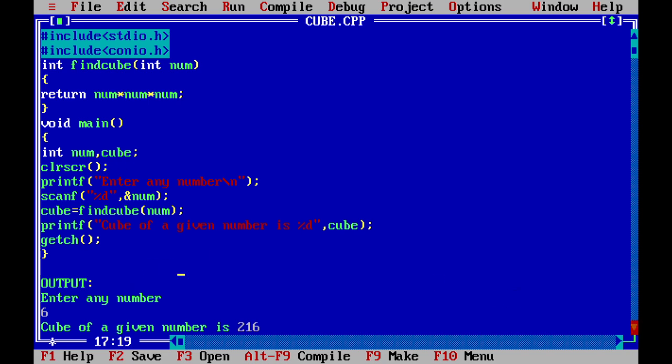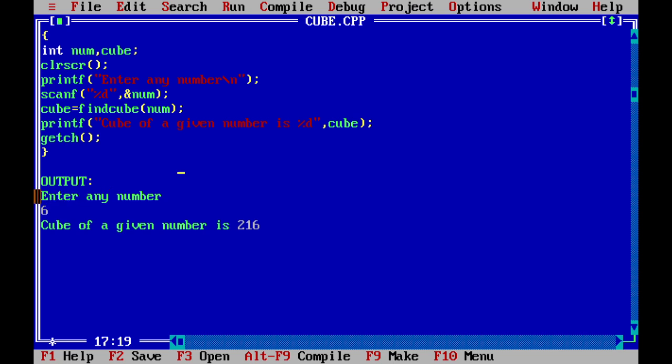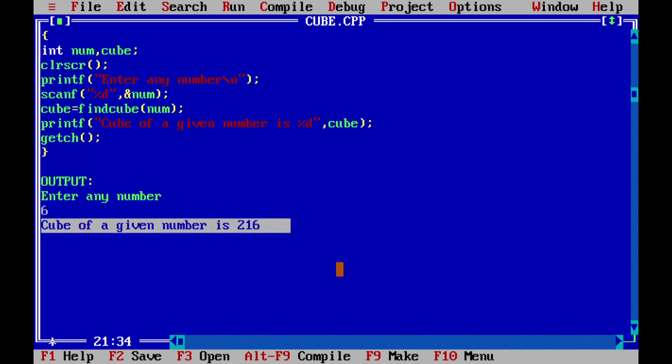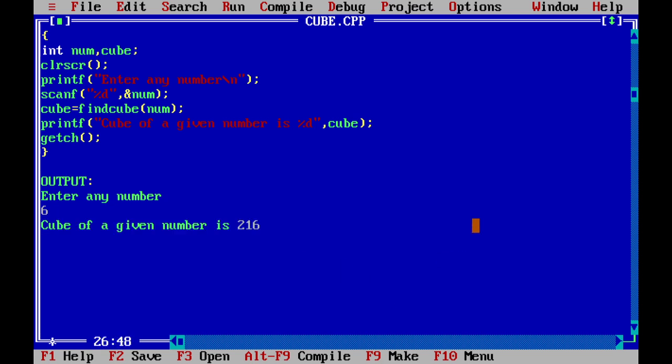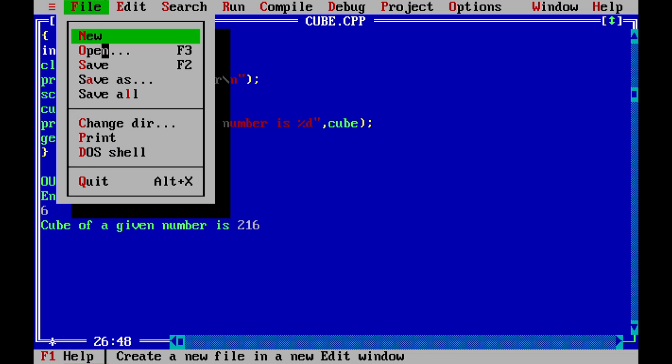So here is the output. Enter any number is the prompt. 6 is entered, then 6 is multiplied thrice in the function, and the cube of the given number, 216, is the answer. So that is how this program works. Let me go to another program